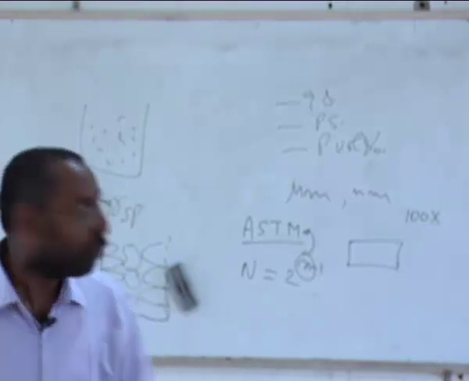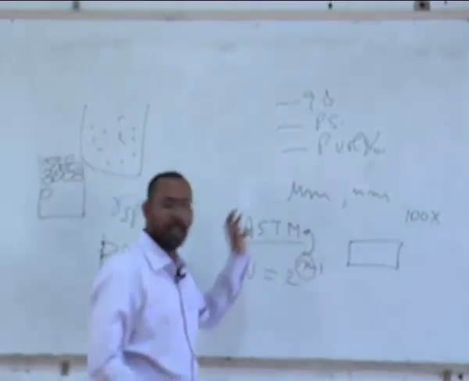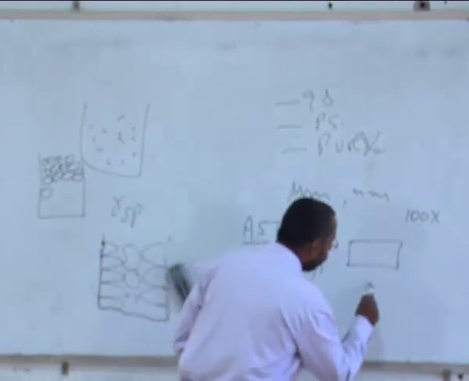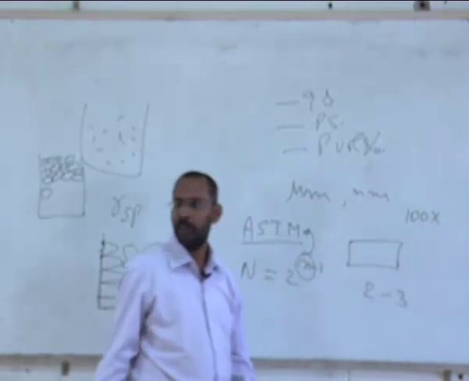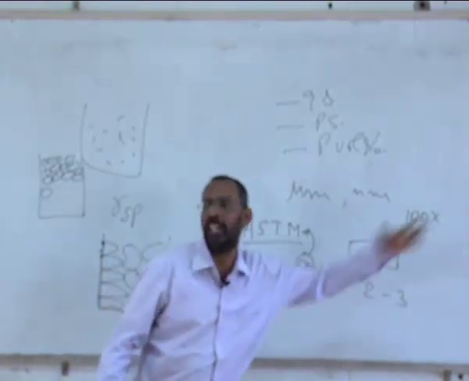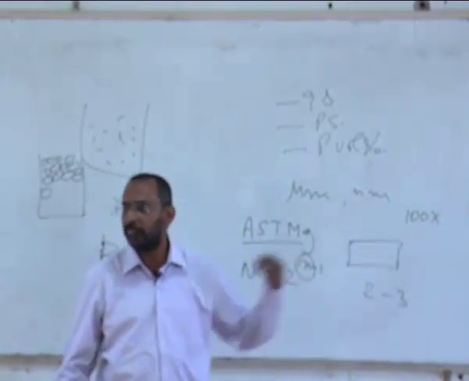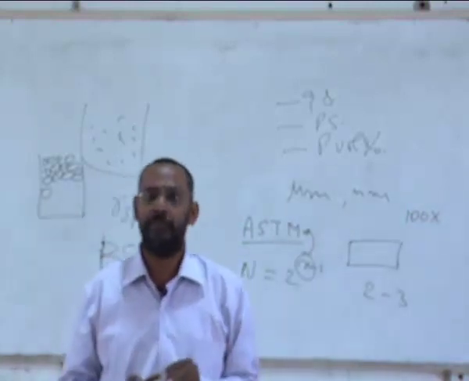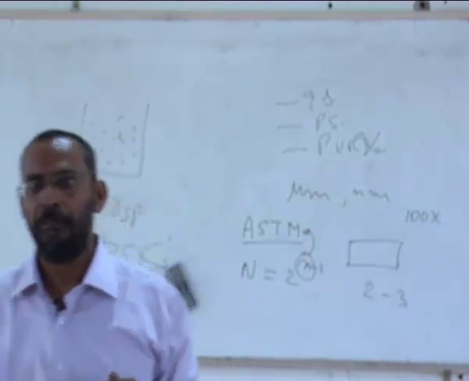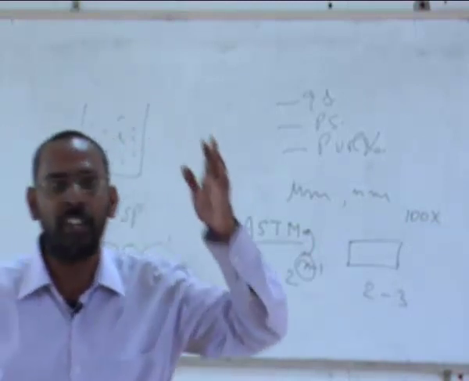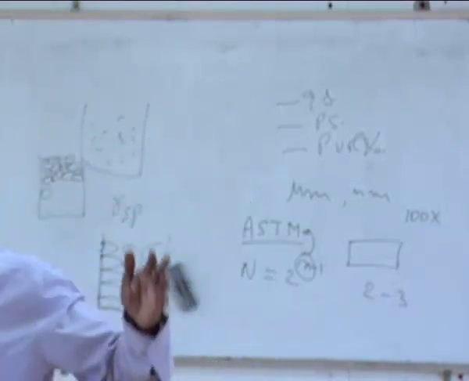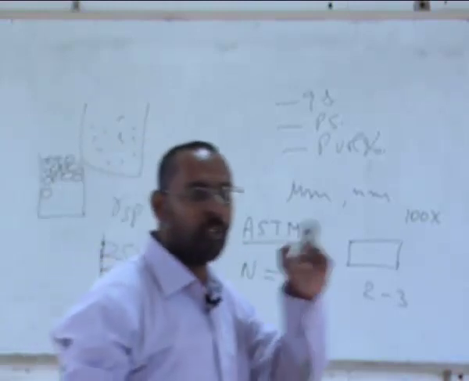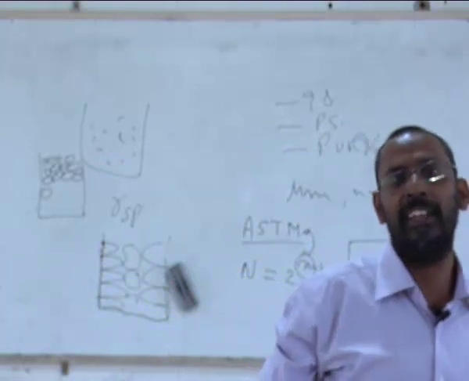So you are grouping. All those microstructures which have n between 2 and 3 are called either 2 or 3, depending on whether you are closer to 2 or closer to 3. But there is nothing in between, because these are all integer numbers. So you can say ASTM number 1 or ASTM number 2 or 3 or 4 or 5 or 6. But there cannot be an actual value in terms of the grain size in these things.